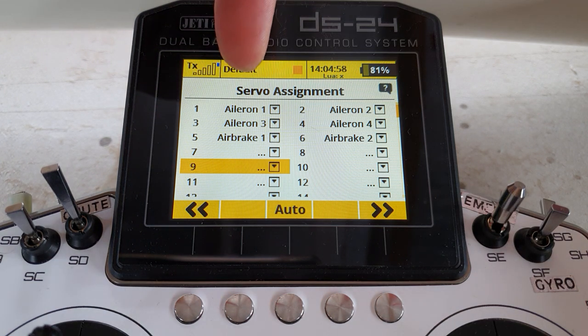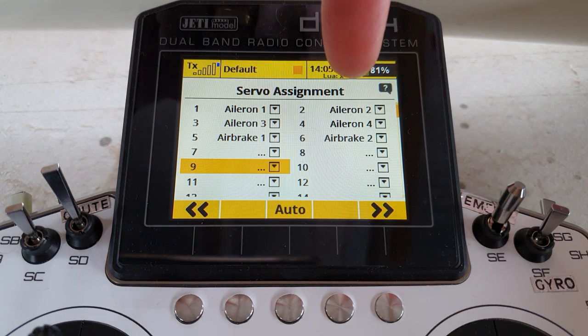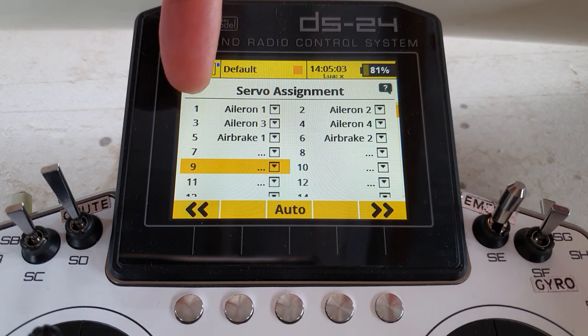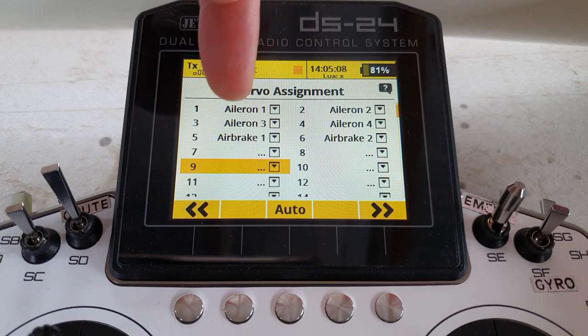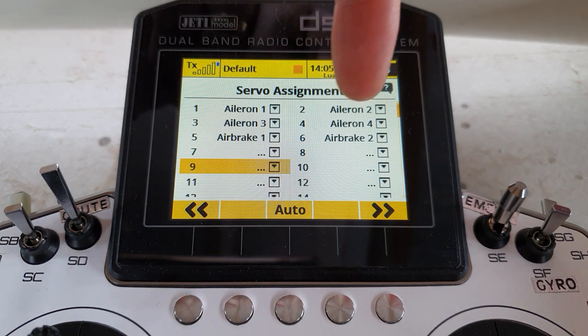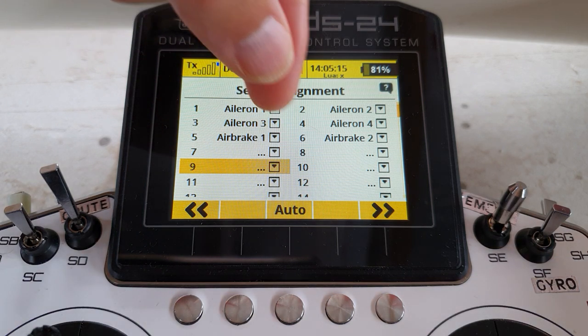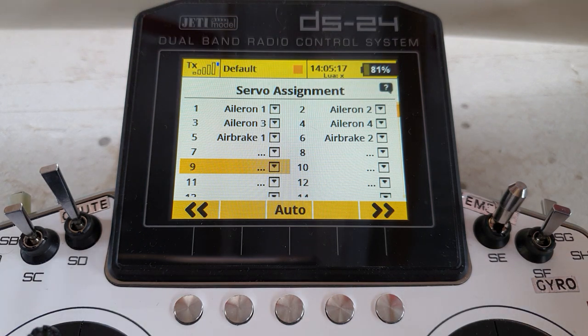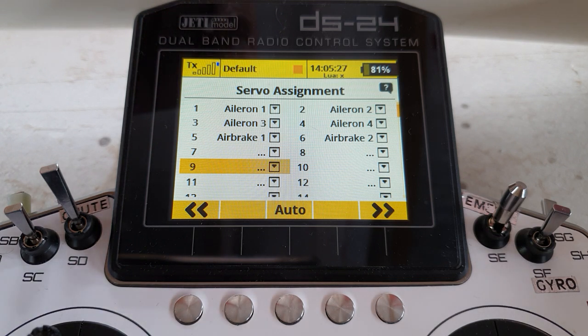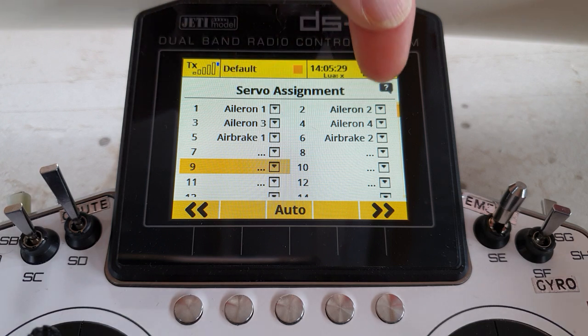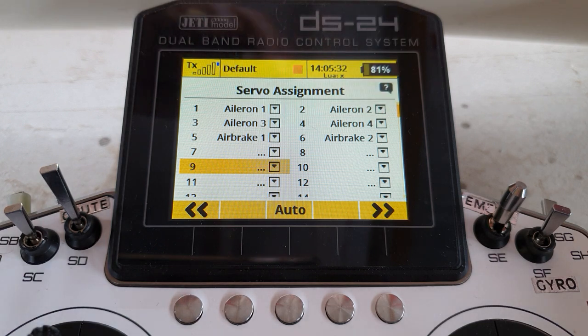Now, I've laboured it before in previous videos, and I'm going to do it again. You'll notice that we've got aileron 1, 2, 3, and 4. That's nothing to do with the channels they are assigned to. It happens to be that in channel 1 we've got aileron 1. But we could move aileron 1 to any channel. We could move aileron 2 to any channel. And the sequence in which they come in the channel numbers is irrelevant. We could move aileron 1 to channel 24, aileron 2 to channel 7, aileron 3 to channel 1, and so on. That doesn't matter. What really does matter is this number here, the aileron 1, 2, 3, and 4,